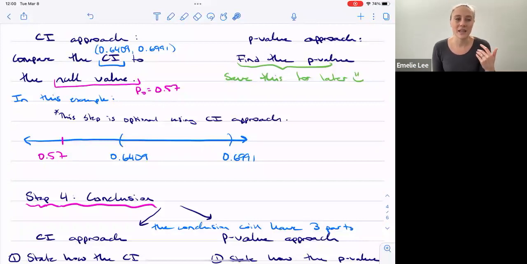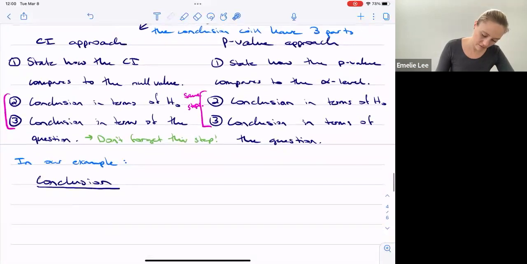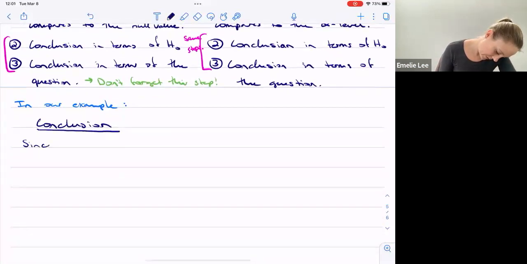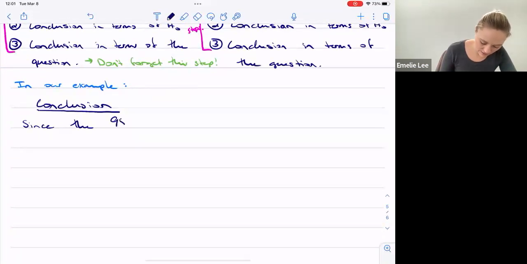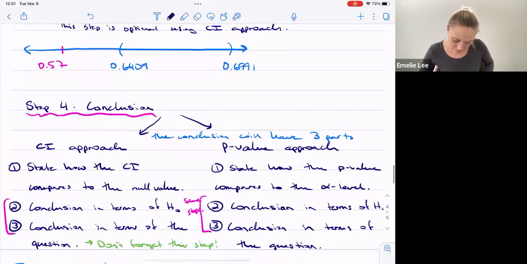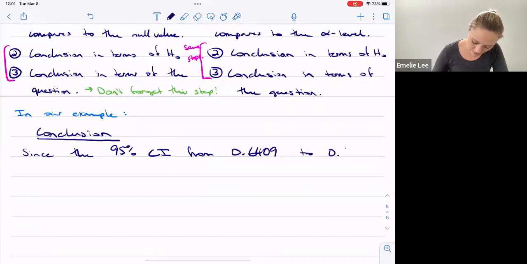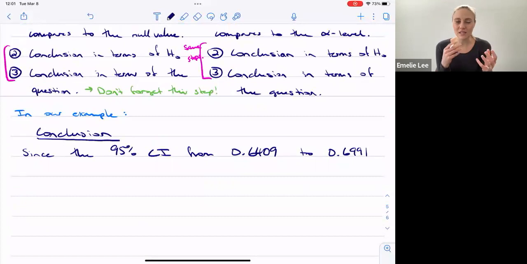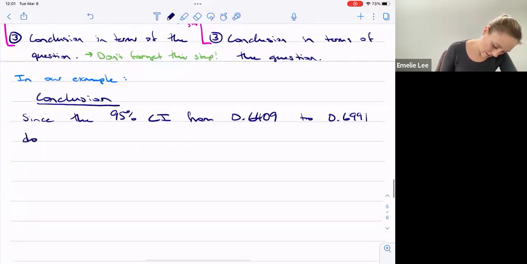Okay, so because the null value is not in the interval, what we're going to say is we have enough evidence to reject H naught. Okay, so since the 95% confidence interval from 0.6409 to 0.6991, I always like to emphasize things using the values that I've calculated, right? And that's a good way of checking to make sure that what you're saying makes sense as well. So since the 95% confidence interval from 0.6409 to 0.6991 does not contain